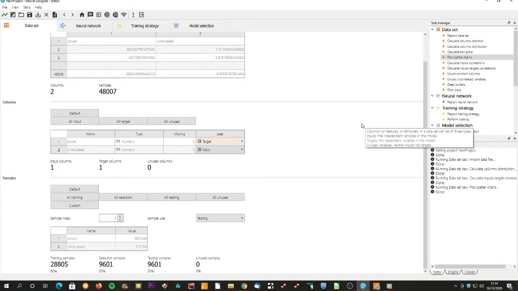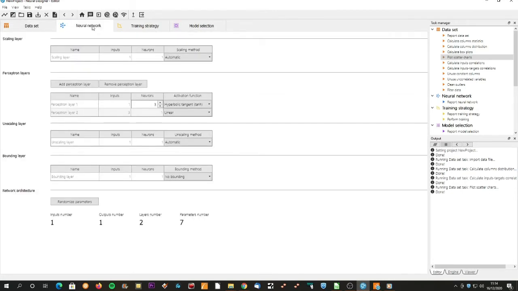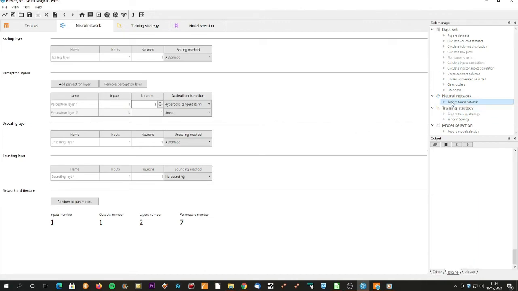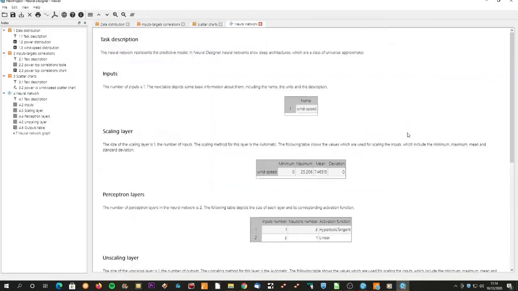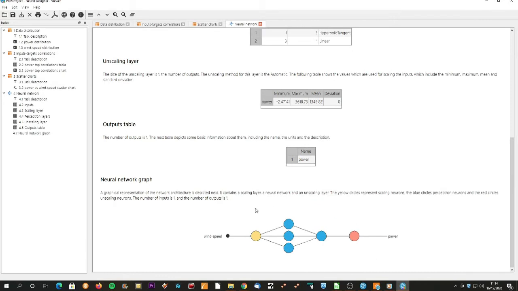Now, we've reached the time to start building our model to predict the power generated. We will click in the Neural Network tab, where we can alter the network's architecture settings. As a first guess, we will leave everything by default. Now we can create and visualize our neural network. This diagram means that when we introduce one input or variable into our neural network, it gives back one output.